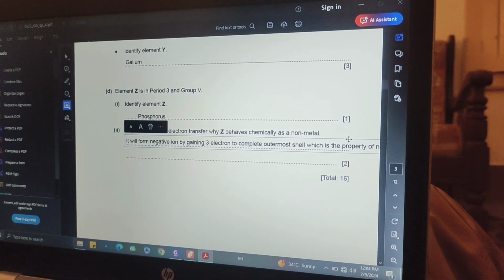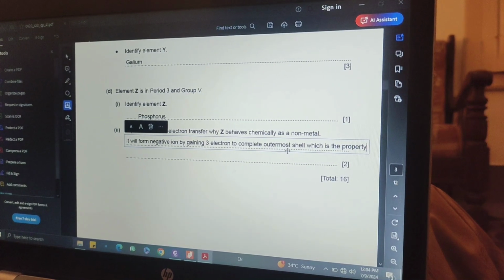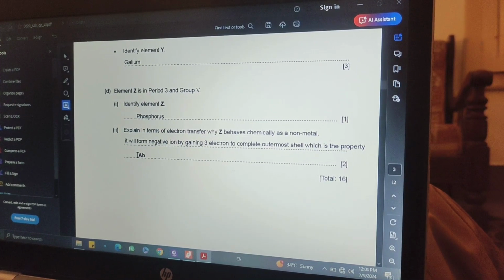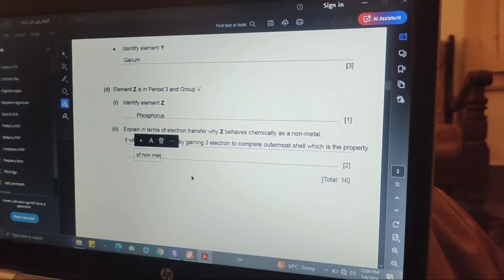Okay, so gaining electrons is the property of non-metals,